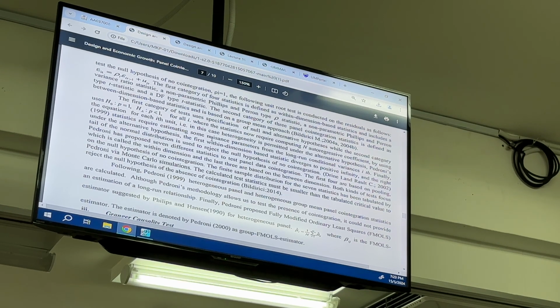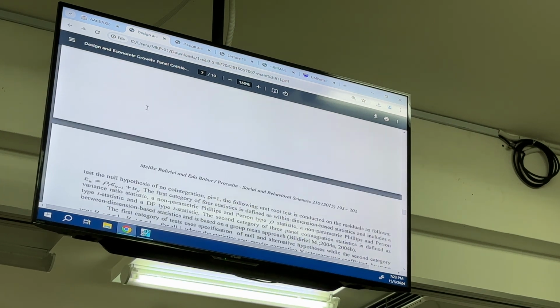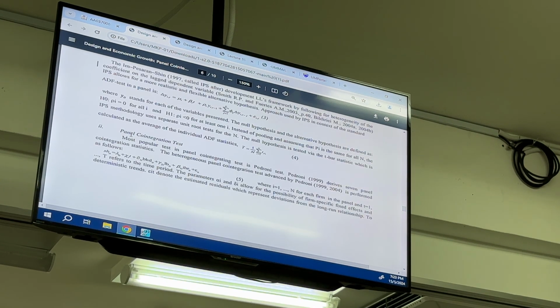So they discuss the configuration test, like how they discuss the Pedroni test, right? Pedroni test, panel configuration, right? There is a Pedroni test. So this Pedroni test is